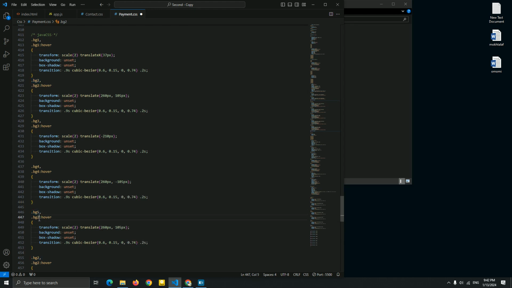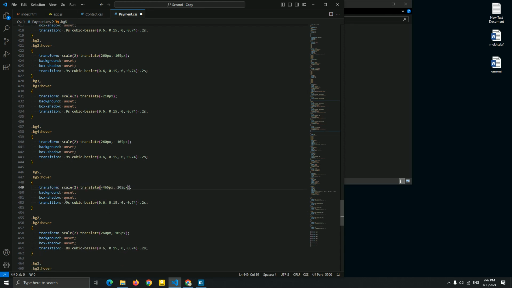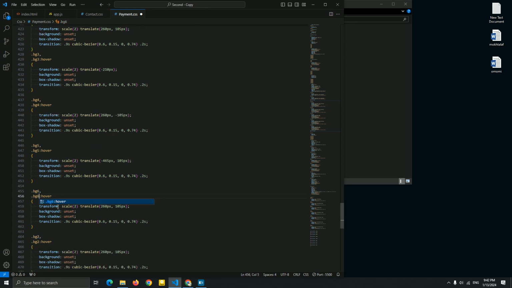And for this BG5, let me just add. Okay, this is good. And for this BG6, our page 6, let me just add translate 0 pixel.